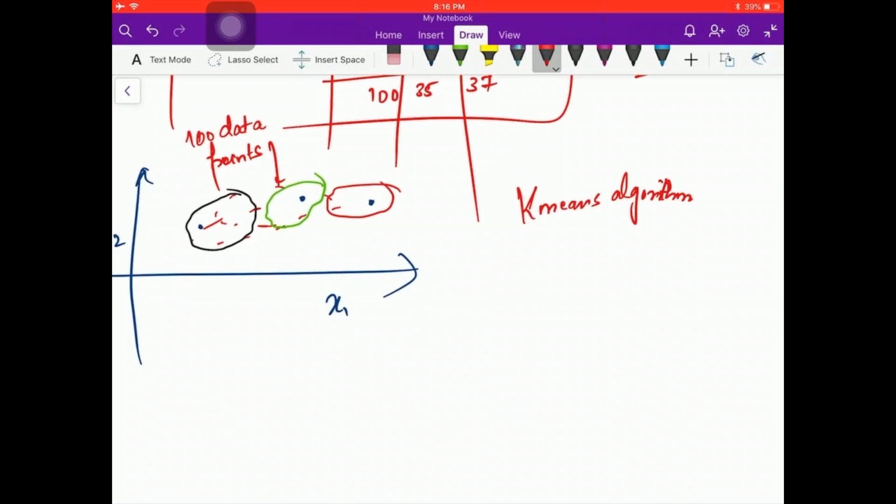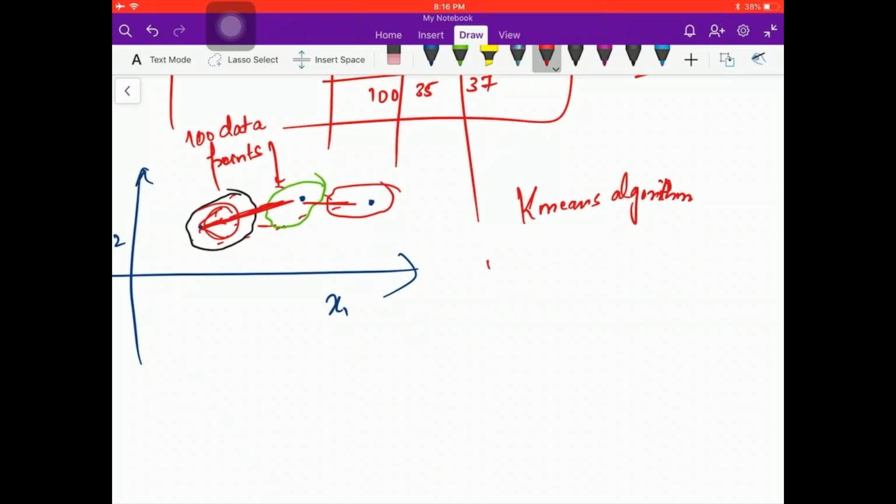That's an amazing answer. So I'm trying to reduce the variance, or let's say the within sum of squares in this cluster. And the other thing that I'm trying to do is maximize the distance between any 2 clusters. So within the cluster my variation should be minimum, and between the clusters the variation should be maximum. I mean, the clusters should be well separated from each other, and within the cluster they should be more coagulated. Is this clear to everyone? I think that's an amazing answer that Krishna gave.